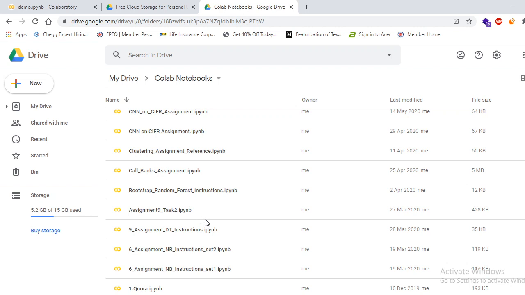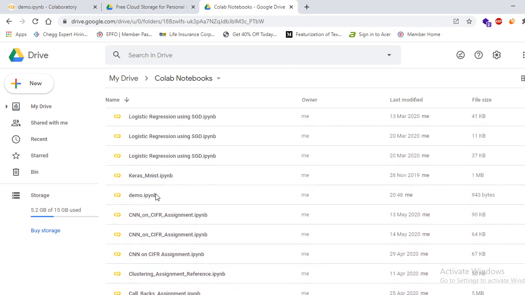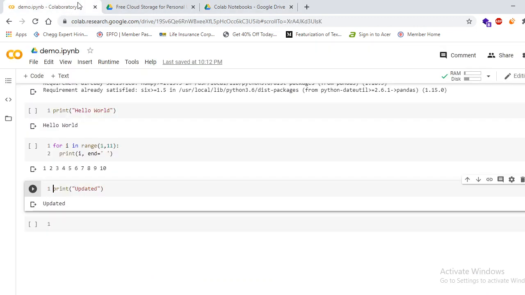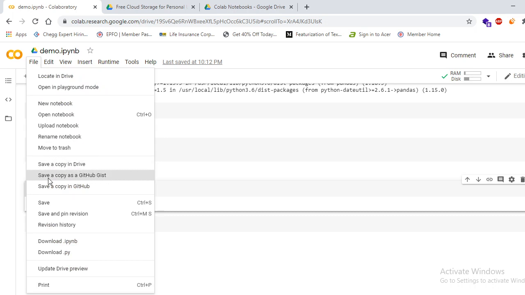So for downloading anything, we will see first. Let us see where is our file. So this is our file, right? We have created demo.ipynb, and it is created today only, right? If you want to download it, you can just do a right click, and you can download it. Or we have seen some other option also, so that we can download from there also. We can download from our notebook also, like here also. Let me just open it. You can click on File, and you can do Download .ipynb.